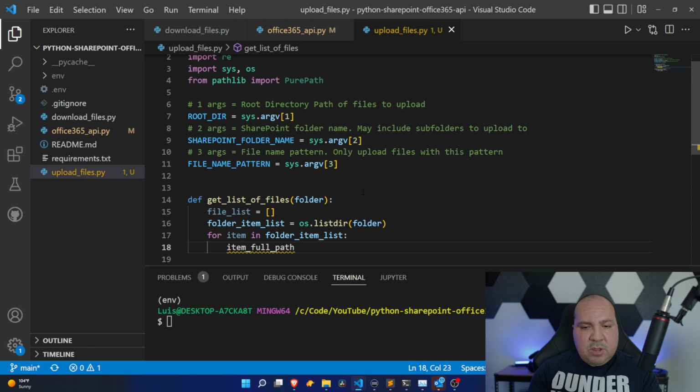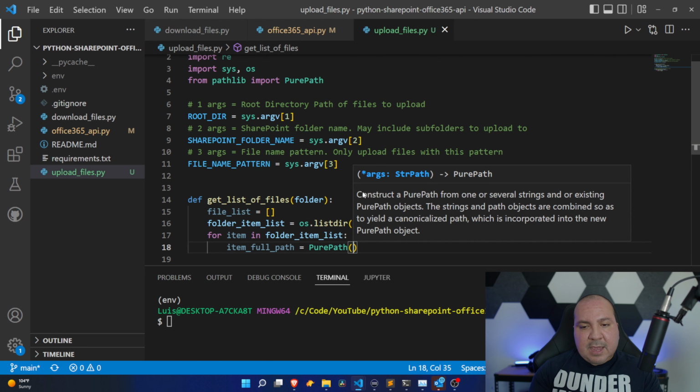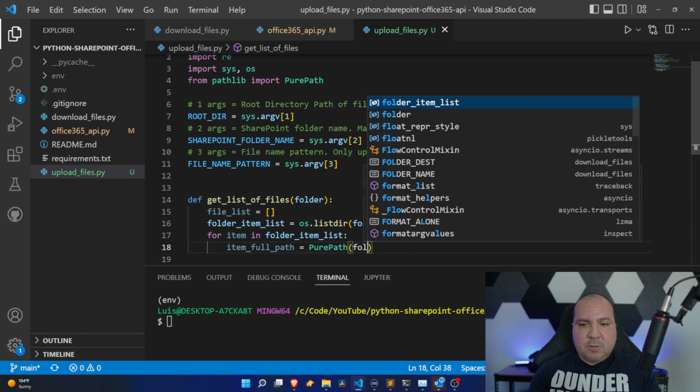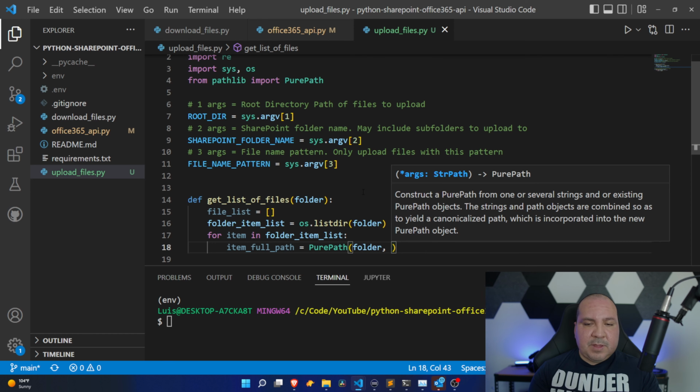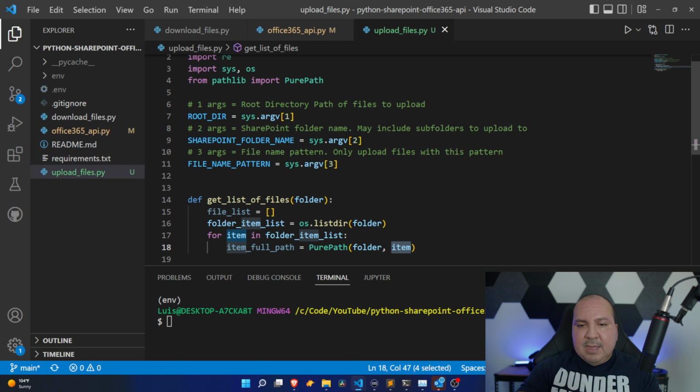We'll see how we use that in a minute, but that's the reason I'm building this. I'm going to use os.path.join. Again, strongly recommend using it in all your projects because it works on all operating systems. It helps build a path based on the operating system, so it makes it easier when you're bouncing around from Windows to Linux or Mac. So I'm going to specify folder, and then I'm going to specify item, okay? Because the item is going to give me back